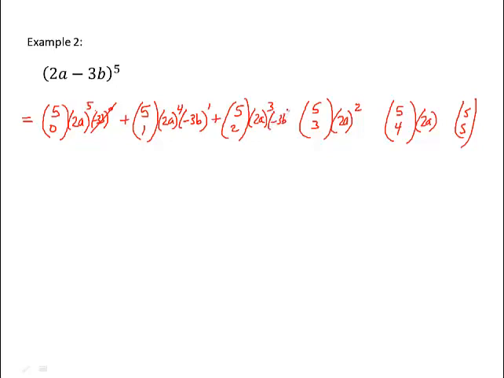This is negative 3b squared, negative 3b cubed, negative 3b to the 4th. I'm going to make it negative 3b to the 5th. Just squeezed it in. Okay, so the other thing you could do is if you don't want to bother writing